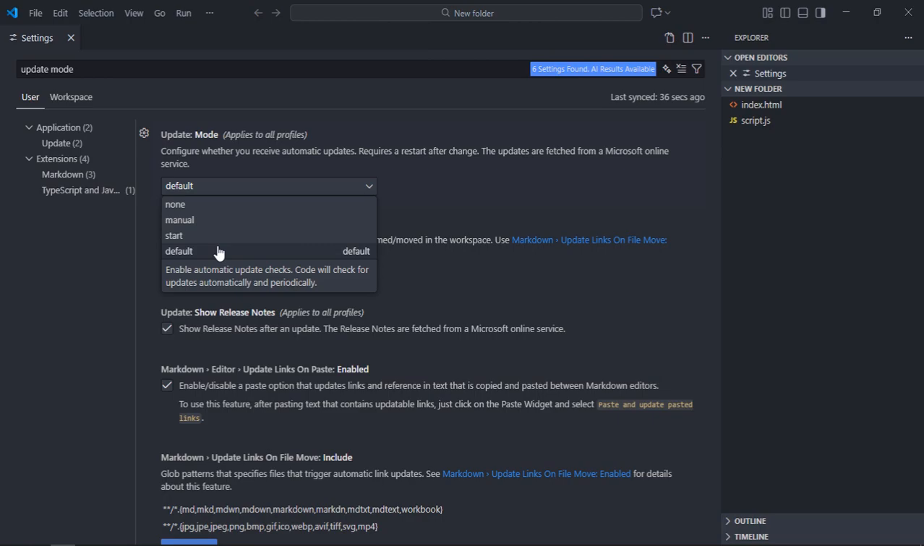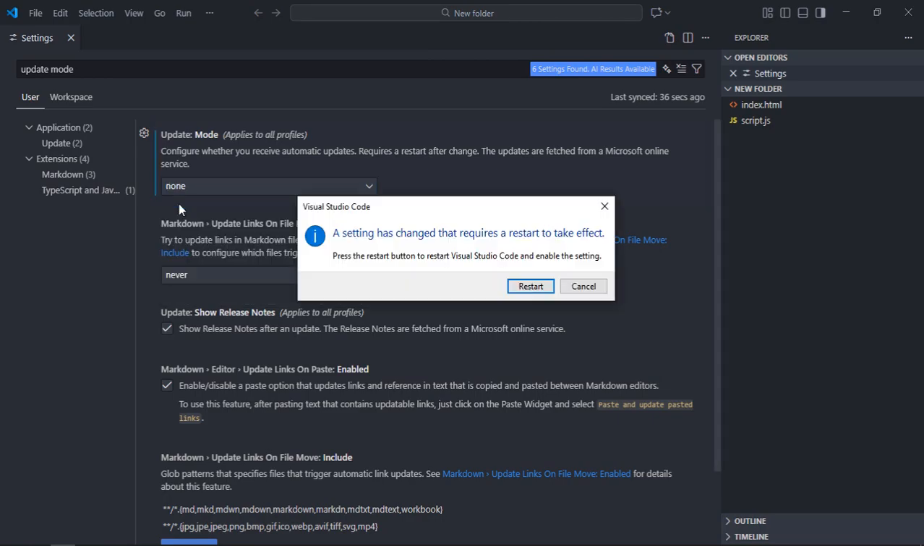So because we don't want to update it automatically, we'll go with the none option. But depending upon your requirement, you can pick any option of your choice. So once you select an option, you have to restart. Simply click on the restart button